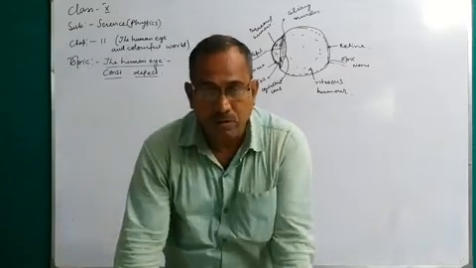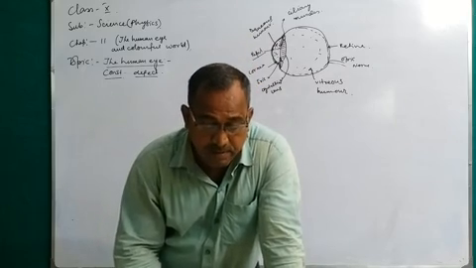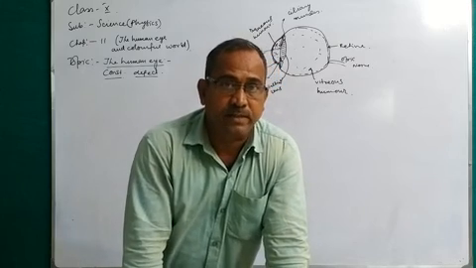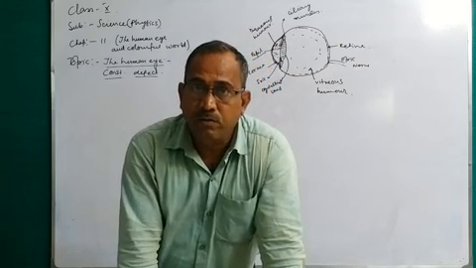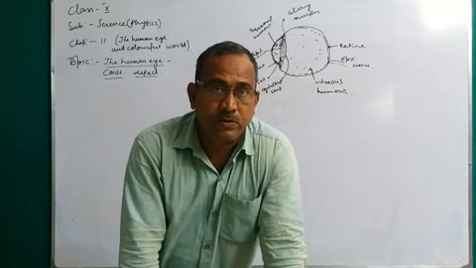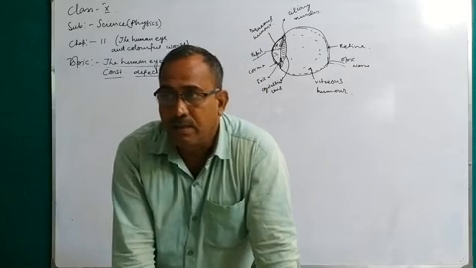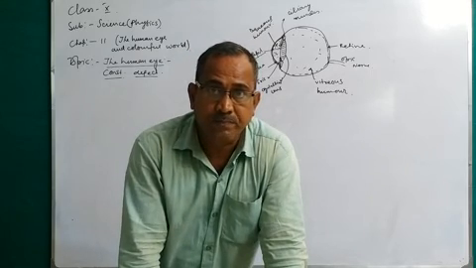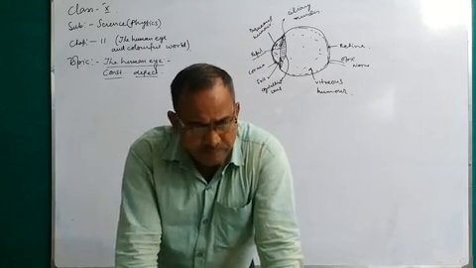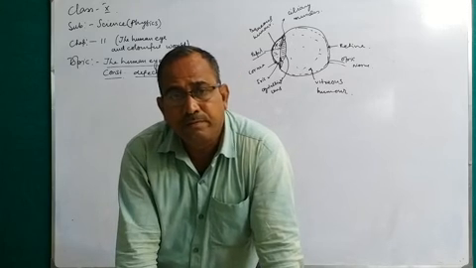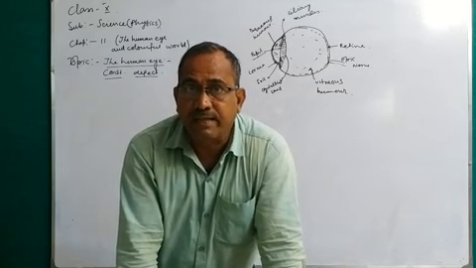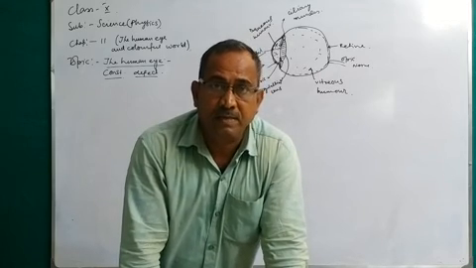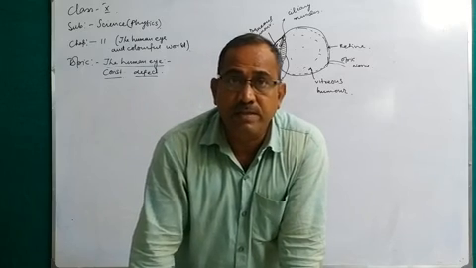So, my dear student, you must be sincere about the parts of the human eye that involve physics. First of all, you know the lens. What is the basic difference between the glass type of lens and the human eye lens? Second, which type of problem is created in our eye and why? Am I clear? So you must be sincere about it.